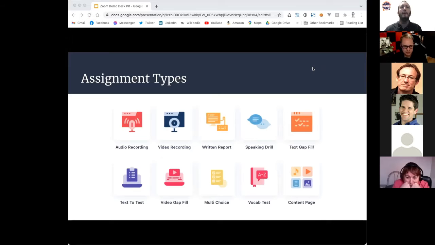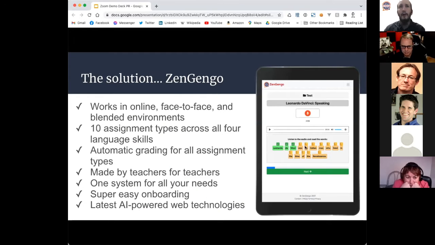The same for video recording. We have written reports, speaking drills. If I go back to the previous slide, you'll see an example of a speaking drill. The speaking drill basically uses AI technology to assess the comprehensibility of the learner's speech. Okay, so when the student clicks on the microphone button, the system will record their speech, and then it will